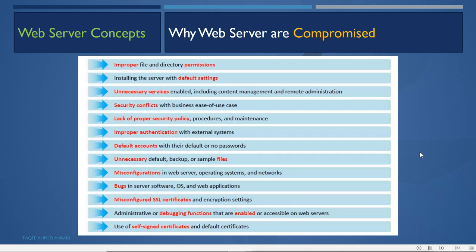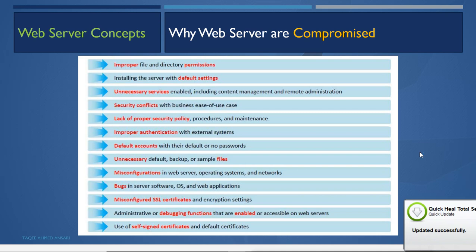This is also a problem: security and ease of use. These two things are not easy to manage together. Suppose you put lots of security, then it does not become easy to use. If you want the server or application to be easy to use, then you have to remove a lot of security measures.